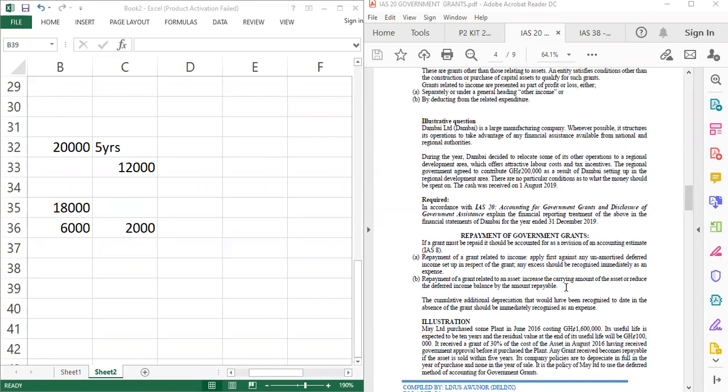Let's come to capital assets. You can see that we use two methods, the netting method and the deferred income method. Let's assume the first question that we saw, where the asset, the plant was,